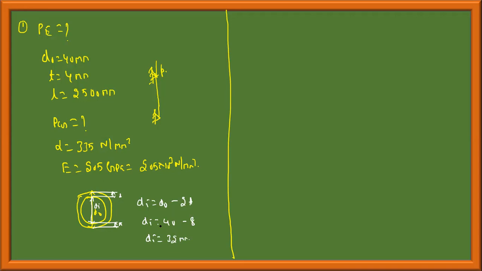Now straightforward, read the formula. Euler's buckling load PE is given by pi square E I by effective length square. For both ends hinged, Le is equal to K into L, and K is equal to 1. Therefore, Le is equal to L only. For this, I know E, I know L. I want to know I. The least moment of inertia has to be considered.